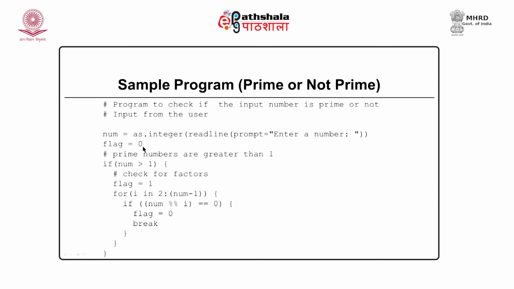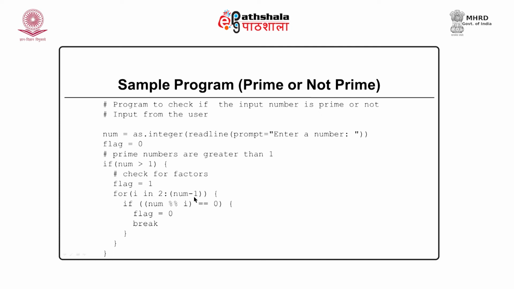You might be aware of the logic for prime numbers. A prime number is a number that is divisible only by 1 and itself. So, there is a condition: if num is greater than 1, then we go ahead and take the loop. So, this is the for loop. Here i will be our loop variable, the for loop will iterate for i values, which range from 2 to num minus 1. So, this is the range.